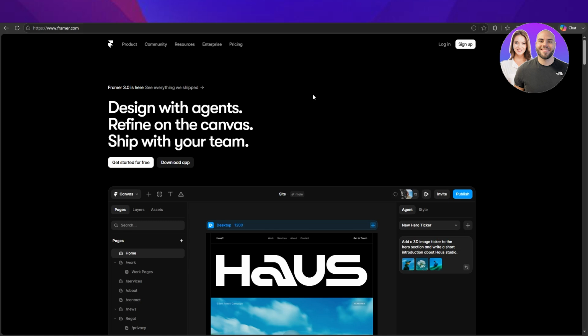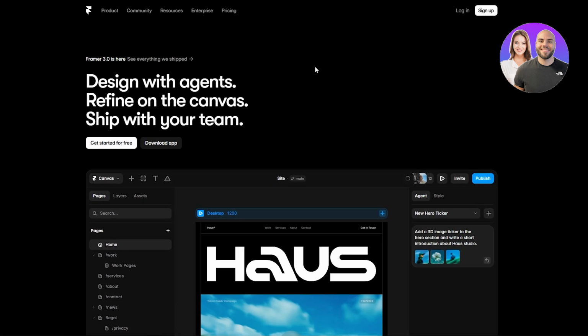In this beginner tutorial, you will learn how to use Framer step by step, from creating your first page to publishing a fully responsive website that looks like it was built by a professional developer. So let's get started. Now, Framer is a modern website builder that lets you design and publish websites visually without